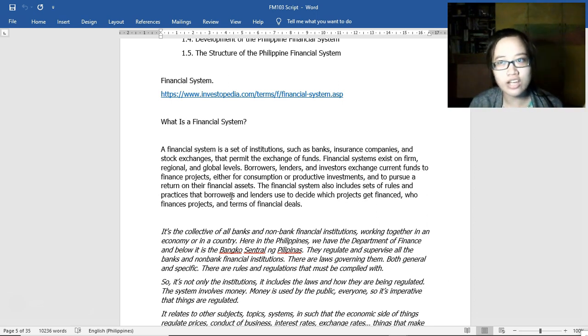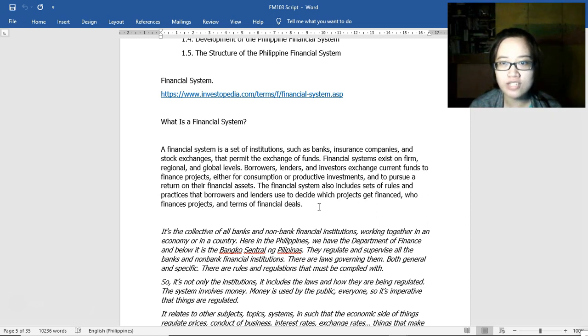And then on the other side, we have the borrowers, who would need their money either to support their businesses or to expand their businesses, to start a business idea. Okay, so they would borrow money from the intermediary, the financial institutions. Okay, so there are different reasons on why borrowers would like to have the funds. Okay, and then continuing on, the financial system also includes sets of rules and practices that borrowers and lenders use